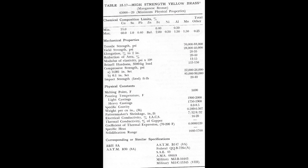Because of its high shrink characteristics, unusual attention must be paid